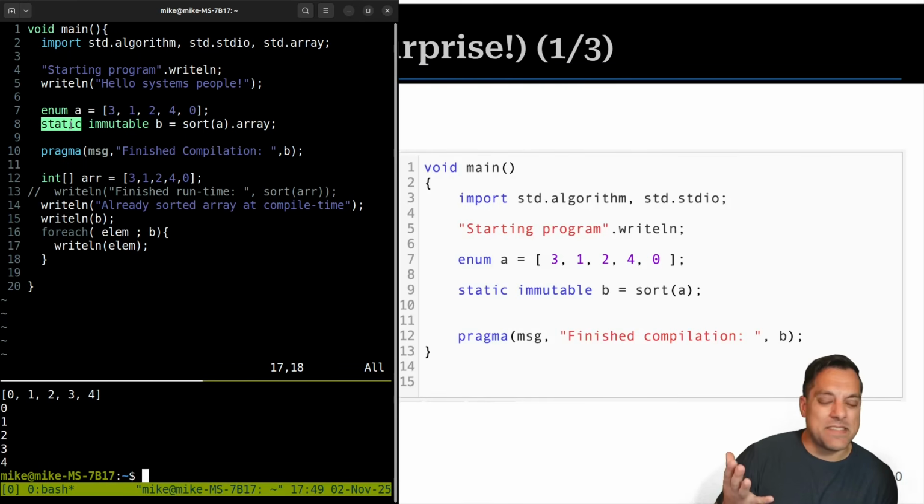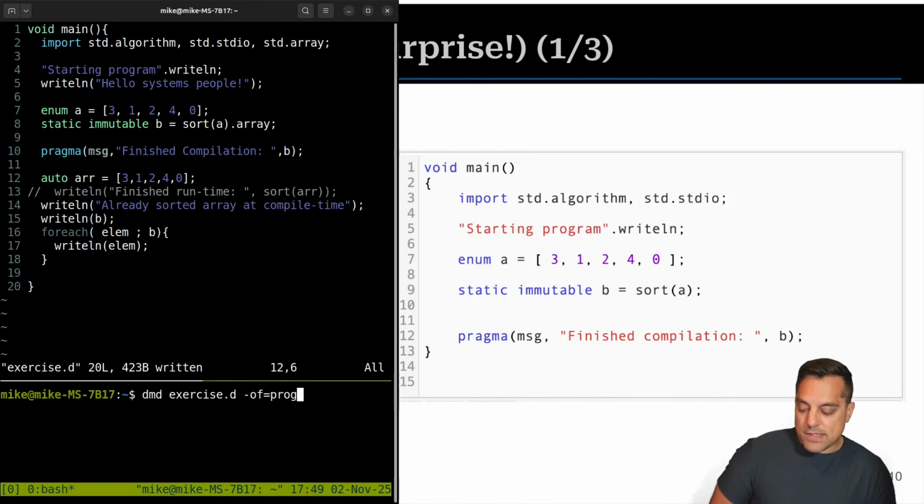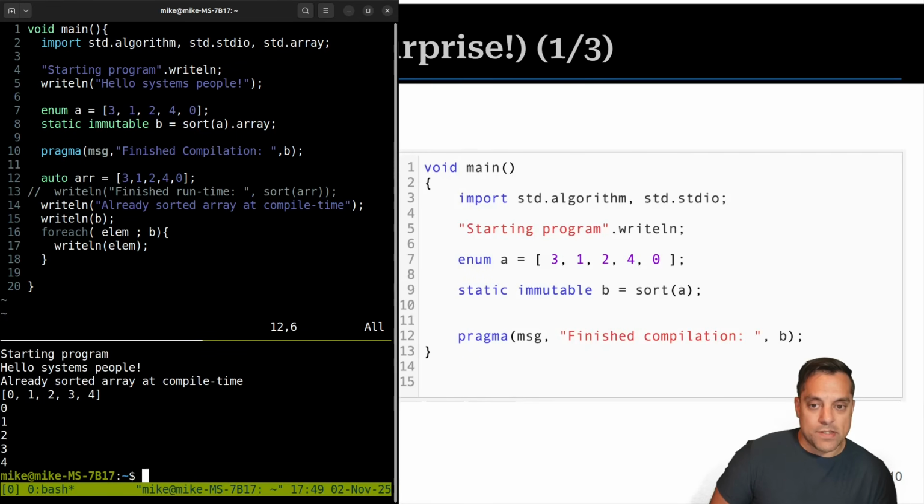Static kind of means the same thing as in C. There's a few meanings of it, but it means that we'll have this available in our binary, right, within the scope. And you'll notice that there isn't a type otherwise because D is smart enough to infer some of these types. Okay, so I could have also done something like this here, auto, instead of the type. So, you get some of these nice conveniences and the program still works the same.